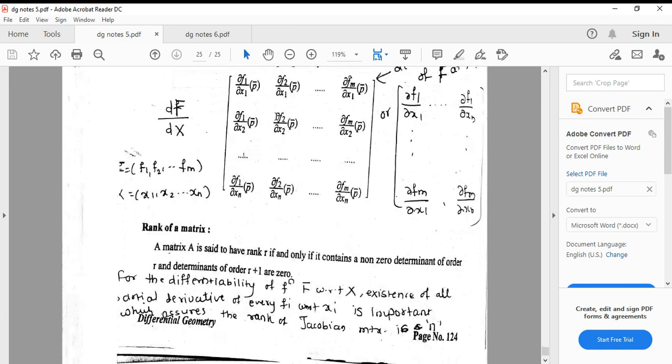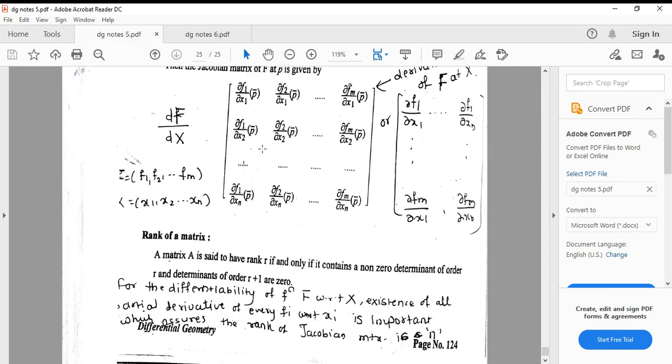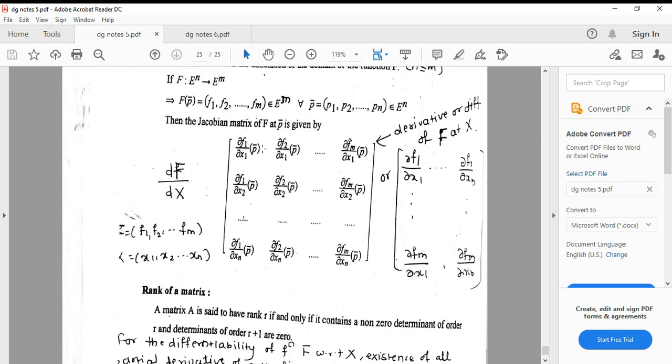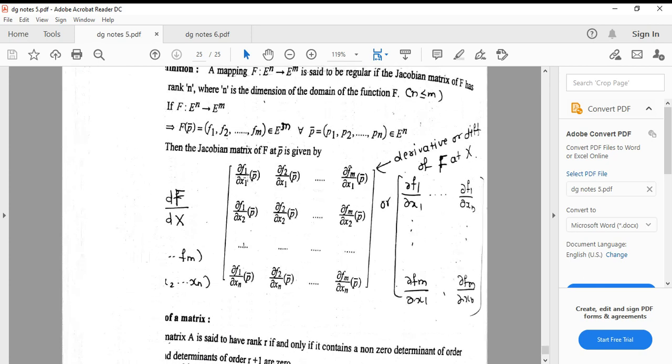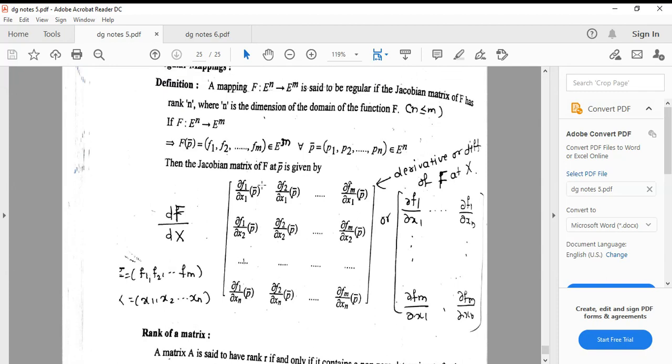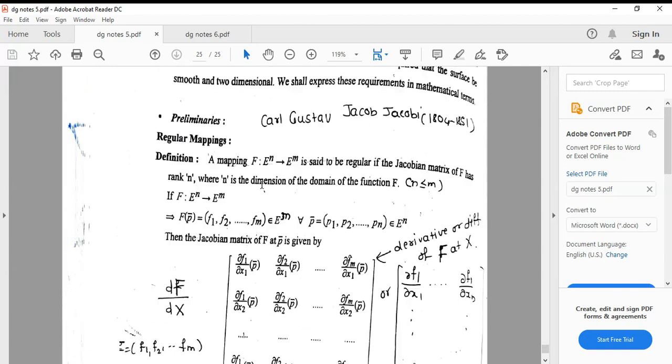Those who are interested can go for the lecture and study that. Now, for the differentiability of a function f of n variables, all these derivatives should exist. That is, the partial derivatives ∂f_i/∂x_i should exist,